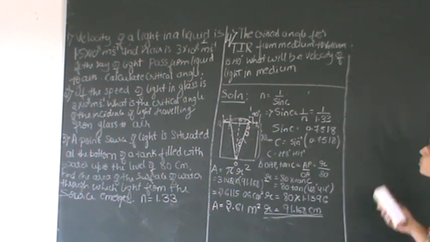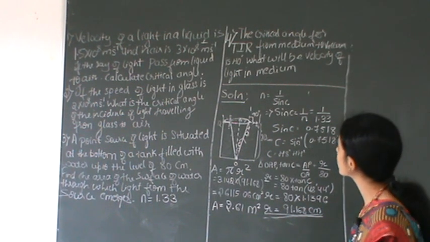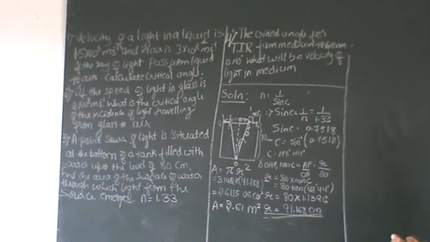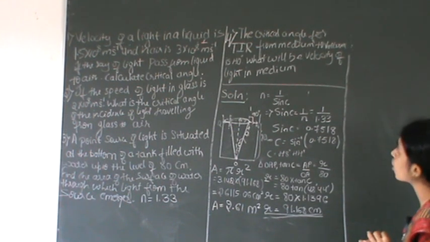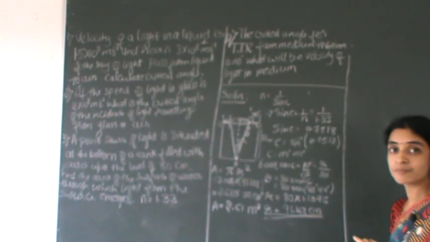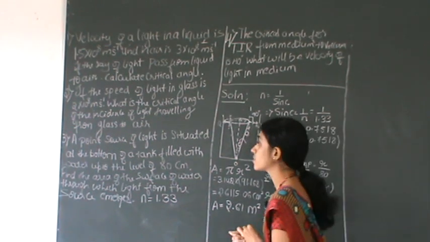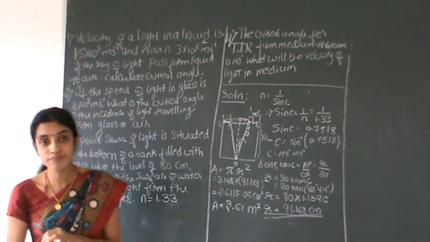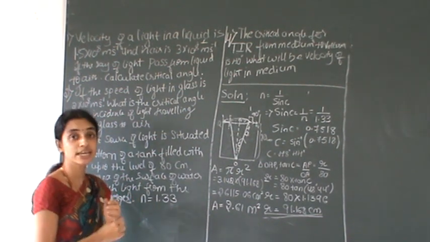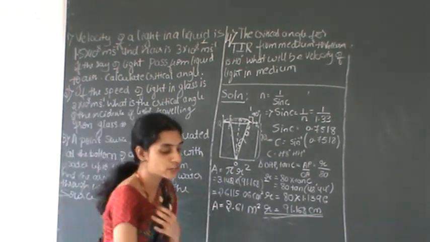Okay, I will solve the last problem, that is the fourth one. That is also simple. The critical angle for total internal reflection from a medium to vacuum is 40 degree. The critical angle value is given, 40 degree. What will be the velocity of light in the medium? We don't know the medium, whether it is liquid or air, anything else. We have to find out, but we know